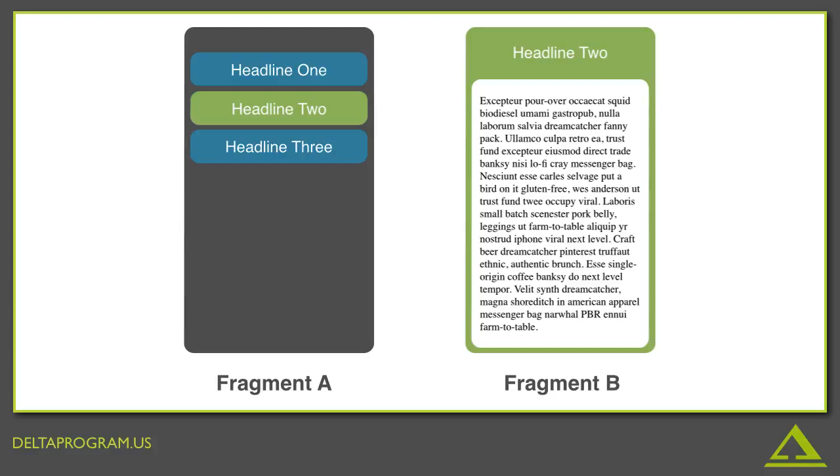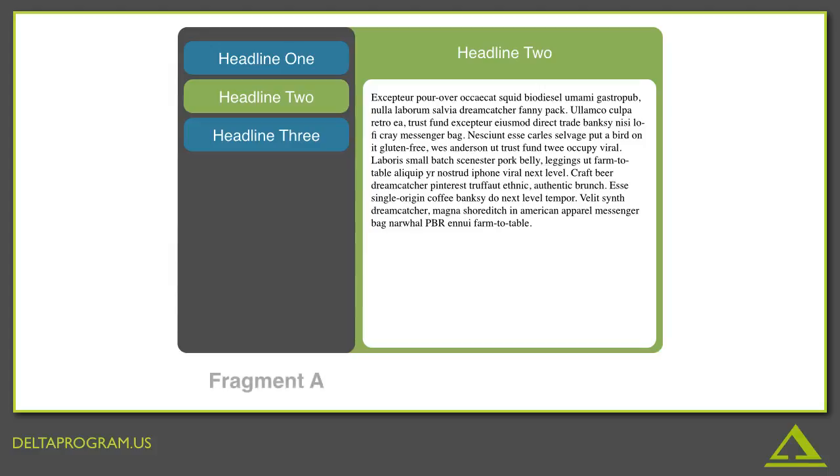Using fragments, you can create a fragment A and a fragment B, and then when you actually have a device layout, such as a tablet with more screen real estate, you can actually just have that particular fragment be combined in the same area. Now, there's definitely some things that we're going to need to pay attention to, but this is what is going to allow you to be able to take an application and deal with the fragmented sector of different device screen resolutions. In the beginning, Android wasn't so good at this with all the different devices, but now they have created such a great architecture to be able to make the same or similar application experience regardless of what kind of device